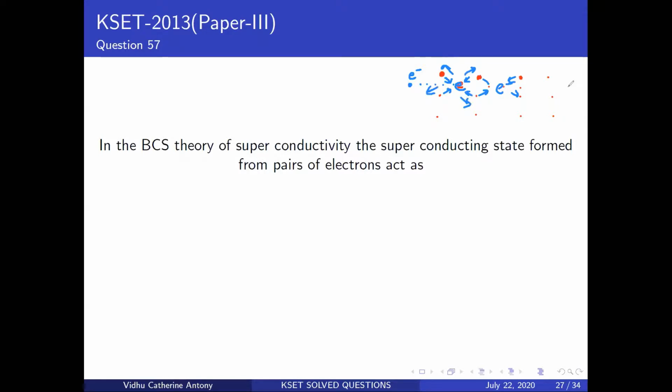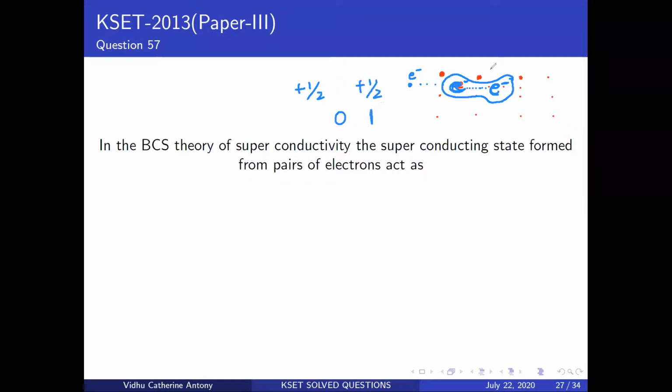Now, if you have two electrons coming into the picture, what you see is that they attract and form a bond. So you end up having something called a Cooper pair. If you dissect and look at this Cooper pair that's formed, one of them has a spin, let's say plus half, and one of them has a spin, let's say minus half, so you end up getting something like 0. Now let's just imagine that it is a plus and a plus.